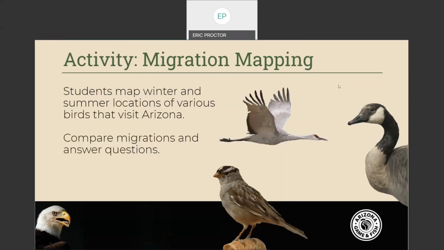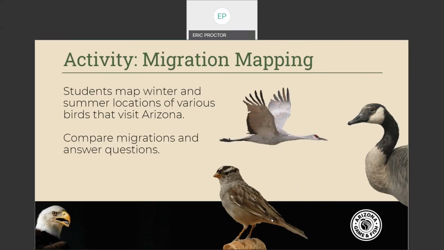Migration is such an important topic that I actually have a few activities to share with you. The first is a general look at migratory birds in Arizona, looking at the sandhill crane and the rufous hummingbird that we did before. This was designed to be used with the large North American map that is sometimes available, the floor size one that you can put in a gymnasium. National Geographic used to have those, and you can still find them every now and then. I believe the Arizona Geographic Alliance has some of these large maps.